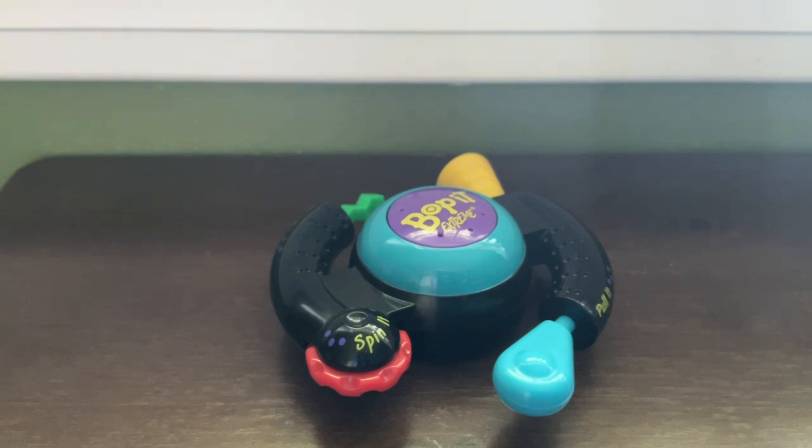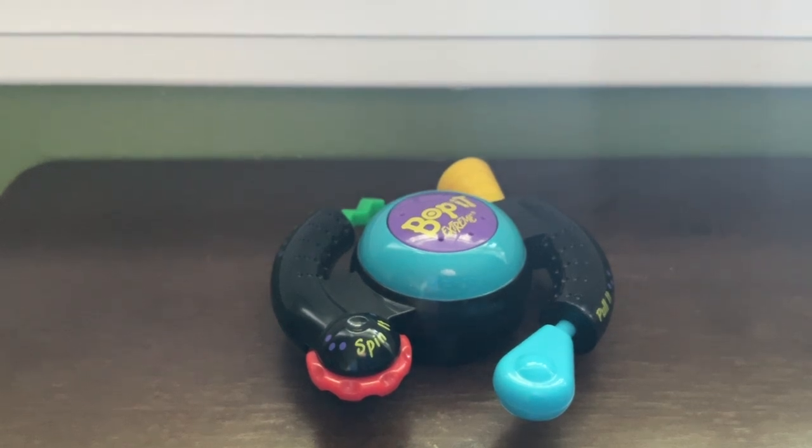But yeah, as a hardcore Bop-It fan, this is definitely an interesting one because, put it this way, when the Bop-It Extreme Classic came out, which I did make a video on, if I can, I'll try and pin it in the comments or something, everybody, myself included, was rejoicing because it took so long for us to get another Extreme. The very last one we got was the XT, I think 2011 or 2010. And then, well, spoilers, but